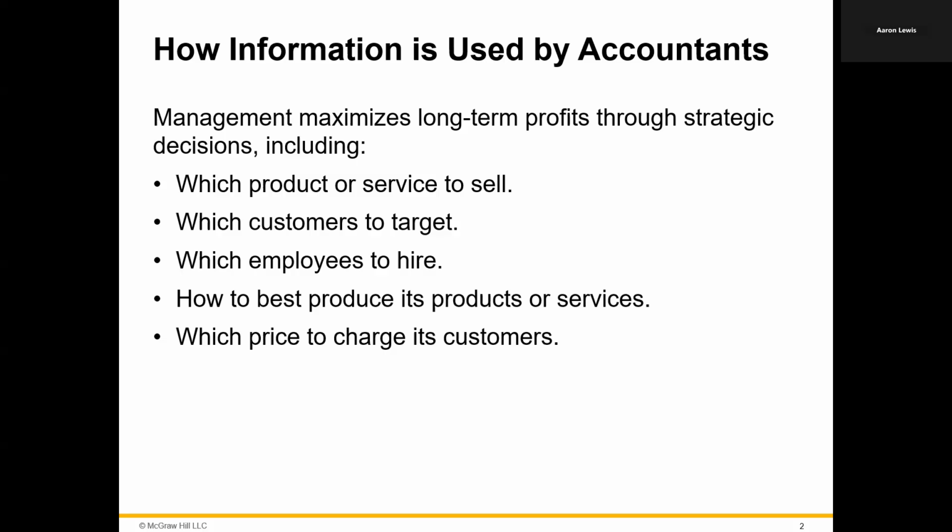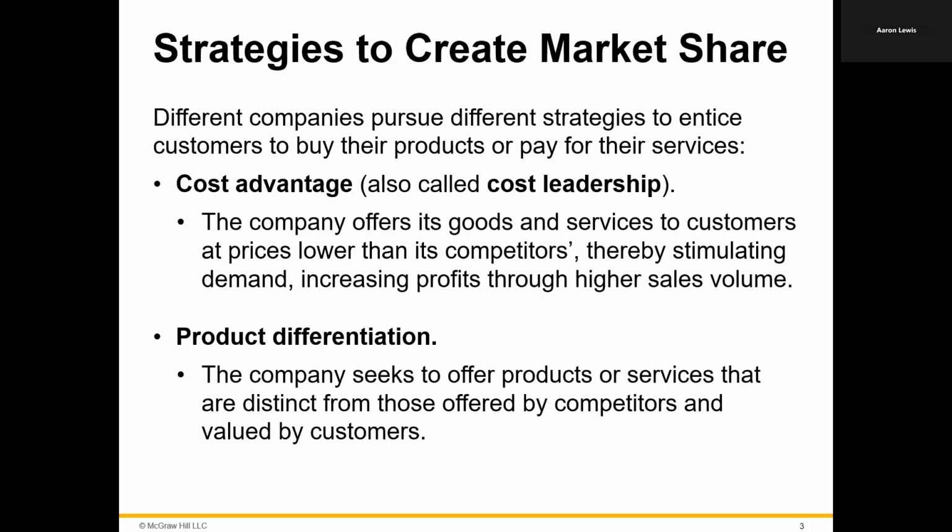How to best produce your products or provide your services. Operations management techniques will go through and tell you what is the optimal way to cost efficiently and time efficiently produce products or provide services. And lastly, now that the product is done or the service is ready to go, how much are we going to charge for it? How much are people willing to pay? How long do we think it's going to take? What resources in terms of materials and employee labor time are we going to have to give up to make the good? And that helps us set our price that's going to help us be as profitable as we want to be.